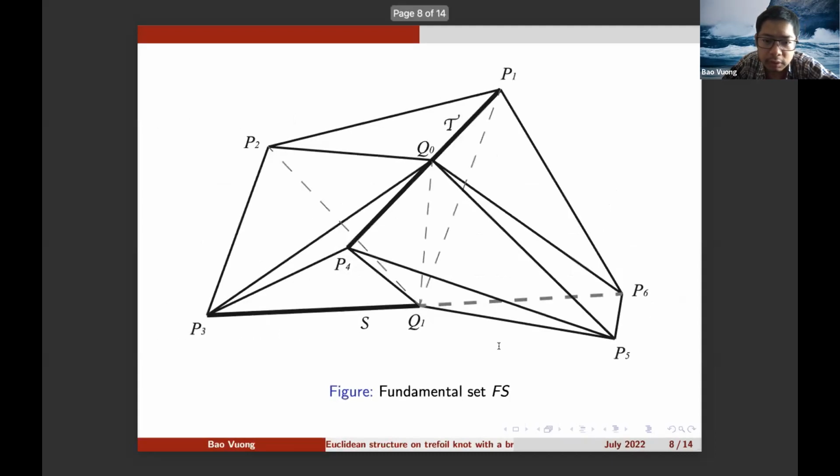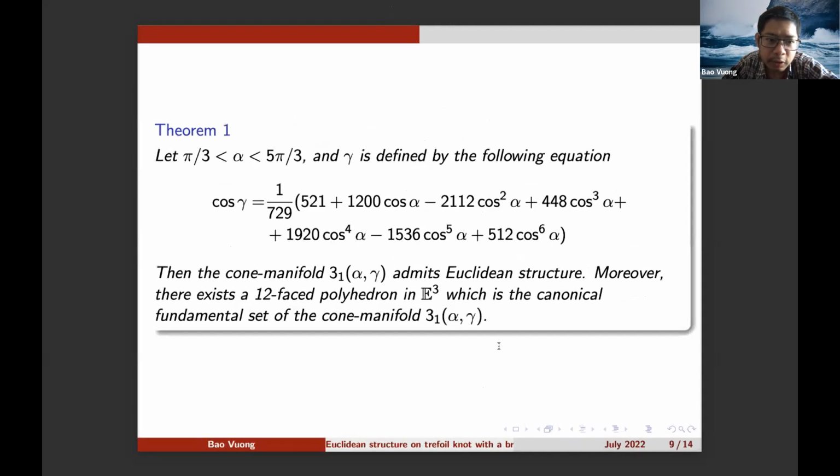Okay, so we proved that for alpha greater than pi over 3 and less than 5 pi over 3, and gamma is defined by the following equation, the cone manifold 3-1 alpha gamma admits a Euclidean structure, and moreover there exists a 12-faced